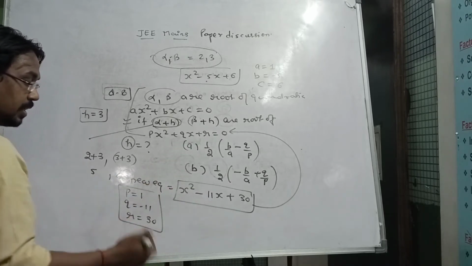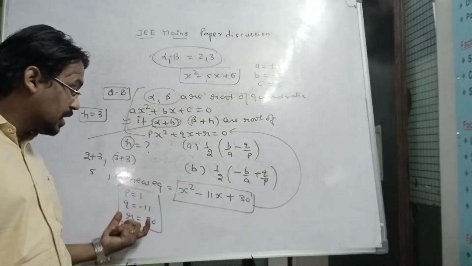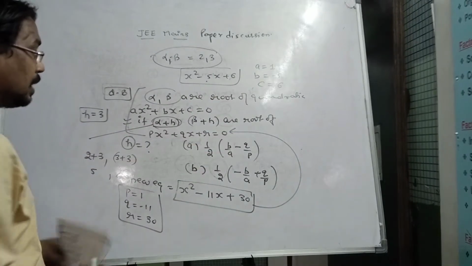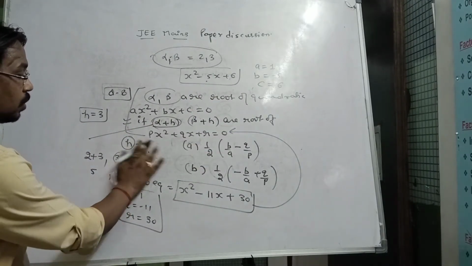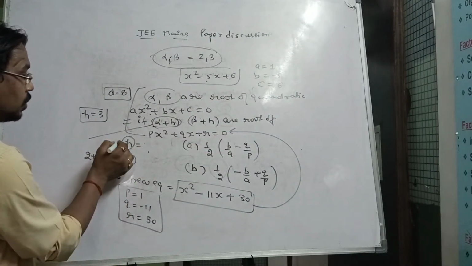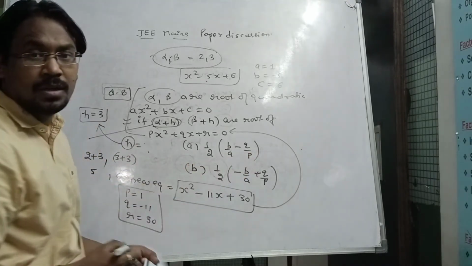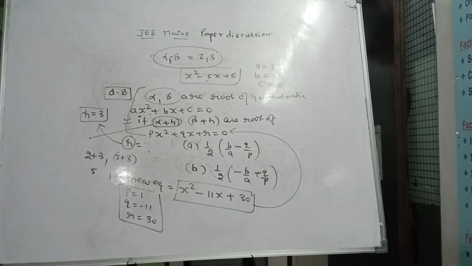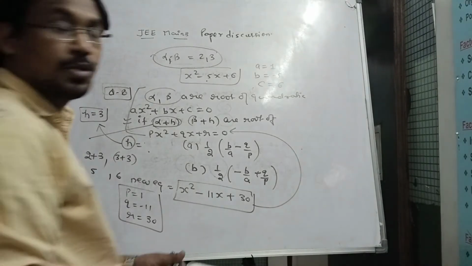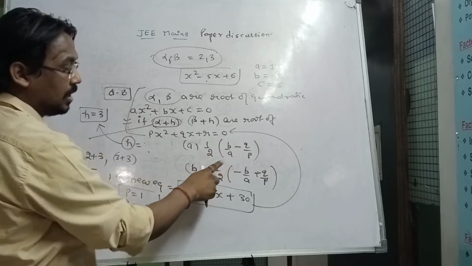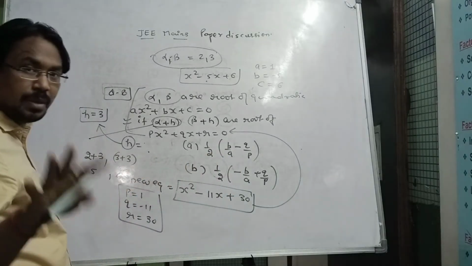So it means we got the value of p, q and r, we got the value of a, b and c. Now they have asked what is the value of h. So what value of h did we assume? 3. So now you can go with option 4 and just wait. When you go with that option, you can put the values of b, a, q, p, which will come equal to 3. That will be the right answer.